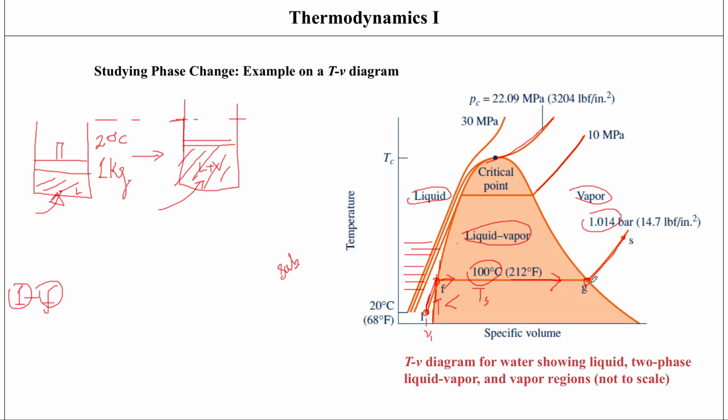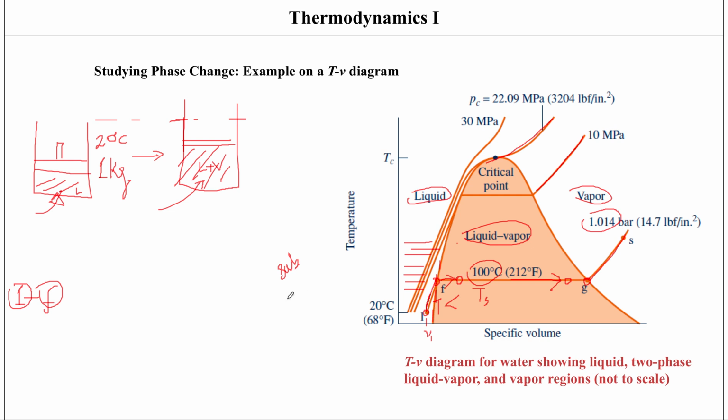Okay, so we have arrived at point G now. And now what you can think of is, how are we going to distinguish where we are on this line? Like, what gives us the information that we are here at this point or here at this point? So this is something that we conclude